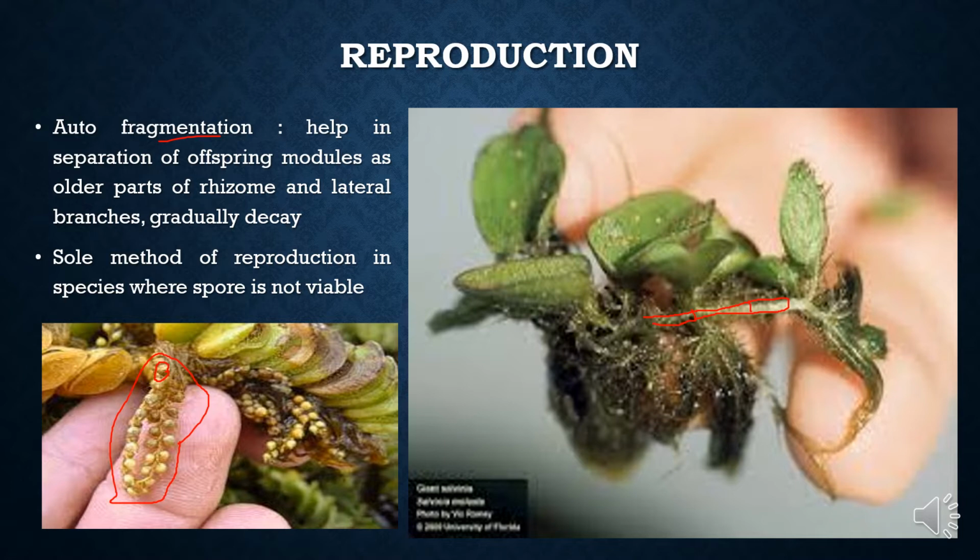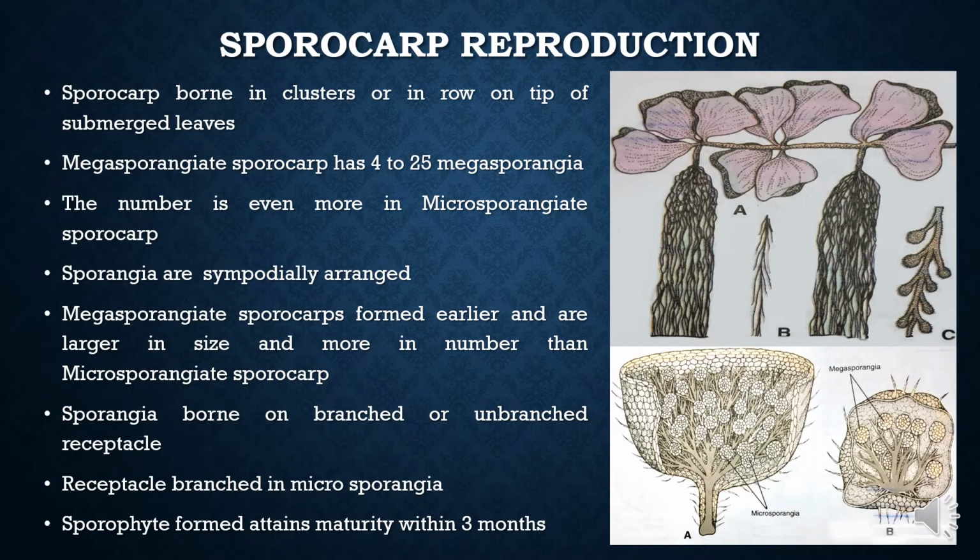So it is a heterosporous species, which means that two types of spores will be produced, macrospores and microspores. So it has two types of sporangia, microsporangia and megasporangia. The spores in Salvinia are borne inside sporangia, which are in turn borne inside the sporocarp. In the previous slide I was showing that these golden colored globular structures called sporocarps are arranged in a row on the submerged leaf.